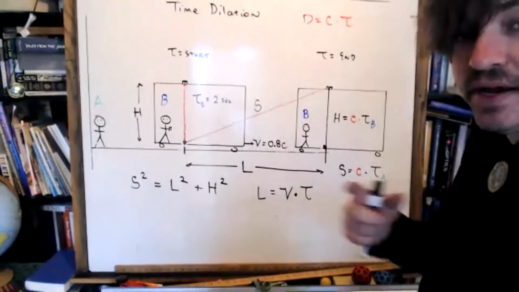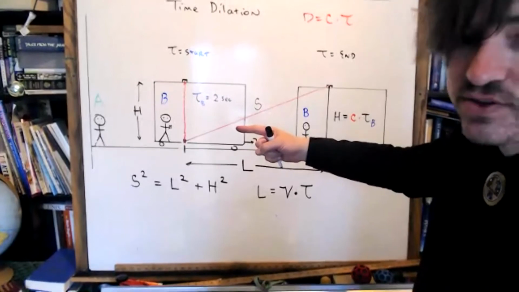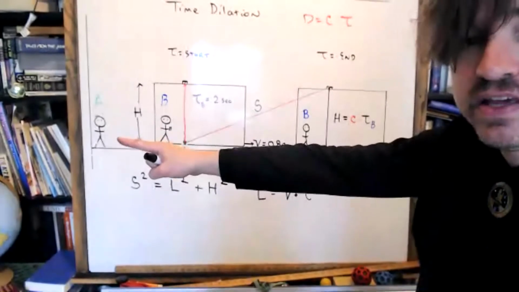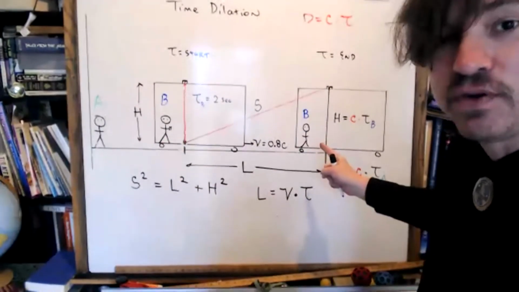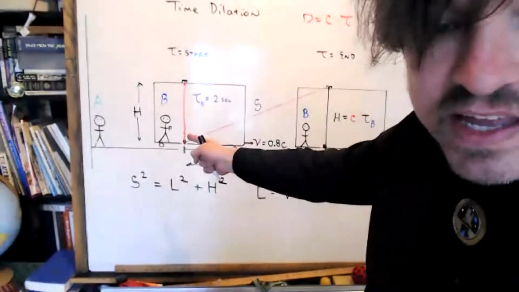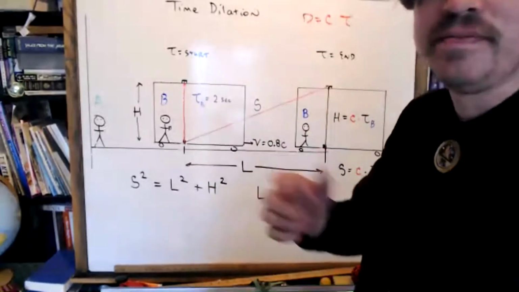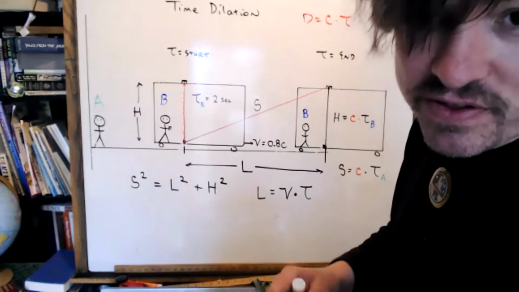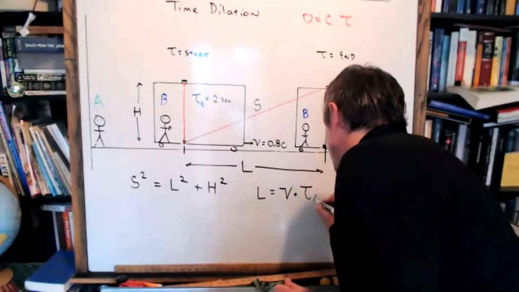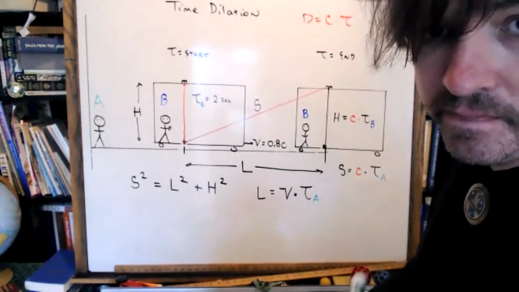More importantly, Vladimir, B is in an inertial reference frame where B is not actually aware that B is traveling. The only observer in this experiment who is conscious of the roll of the cart is A, correct? According to B, he might as well be sitting in the train station. There's no difference to him, correct? I forgot that he doesn't know. Well, they. That person. But in any case, Vladimir, whatever your logic was, you had the right answer. This is distinctly A's time, and I want to make sure you're comfortable with that, okay?